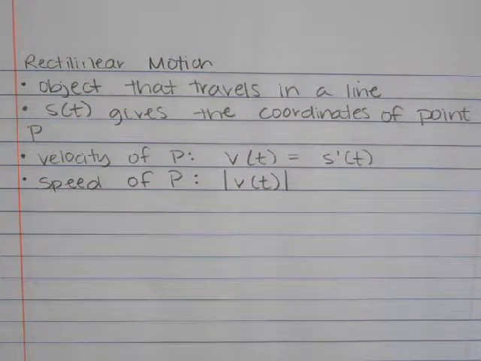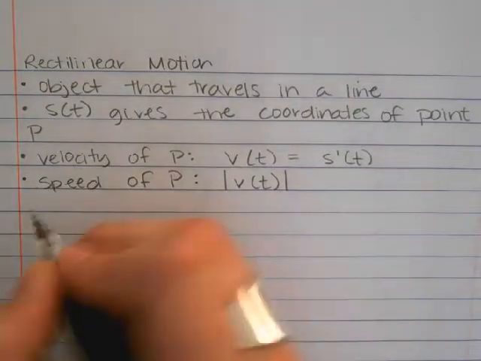So because we're talking about something that can go right and left, we're talking about something that can go backwards. So if I say negative 5 miles per hour, that makes sense because I just mean it's going to the left instead of to the right. Okay? So we're talking velocity there. All right, acceleration of P